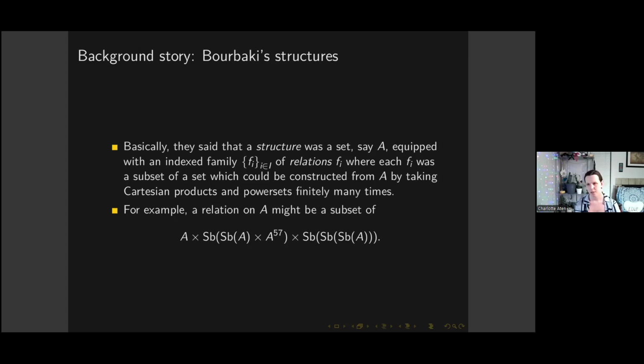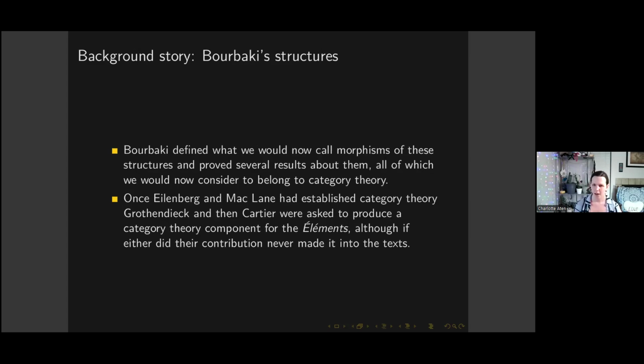And then they defined what we would now call morphisms, and they proved a bunch of results about them, which we would now consider to belong to category theory. Once Eilenberg and MacLane had established this as an area, Grothendieck and then Cartier were asked to produce a category theory component for the Elements, although if either of them did, they never put it into the textbook. Also, by the way,